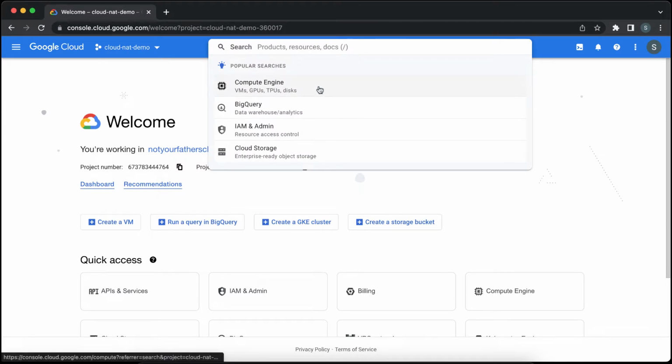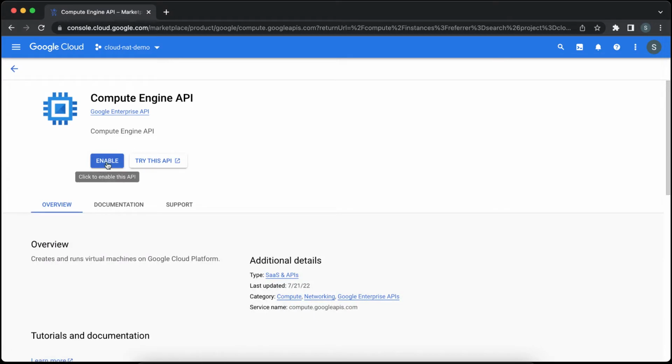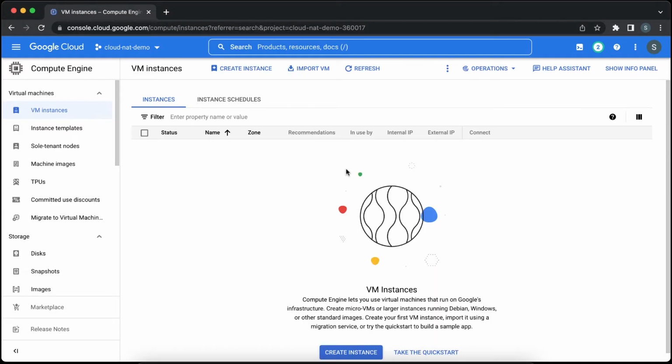So we go to Compute Engine and we enable the API. Okay, so the API is enabled. Click on create instance